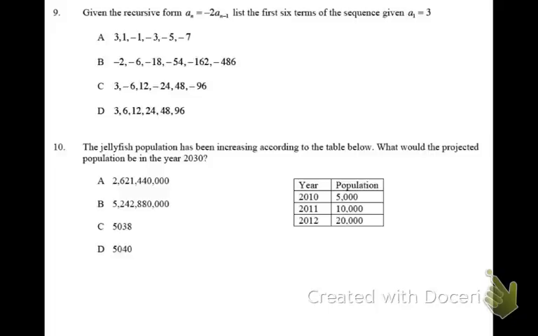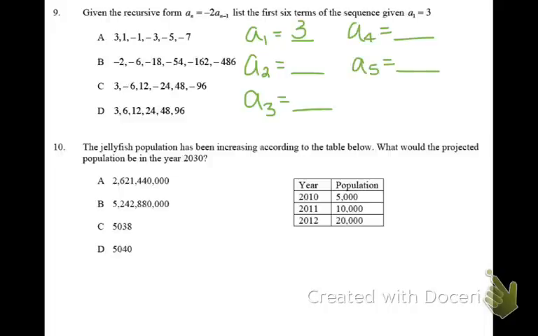Number 9, given the recursive formula, list the first 6 terms of the sequence given A1 equals 3. So we already have our first term, which is 3. We want to find the first 6, so we need to find A2, A3, A4, A5, and A6. So for my second term, you're going to use the recursive formula, and this is saying taking -2 times